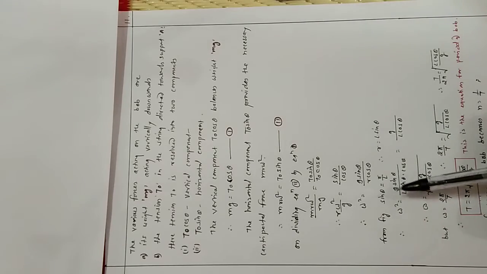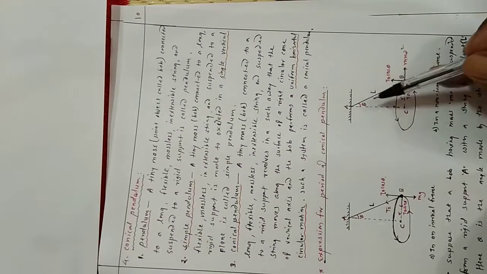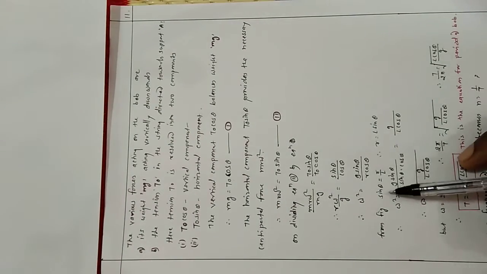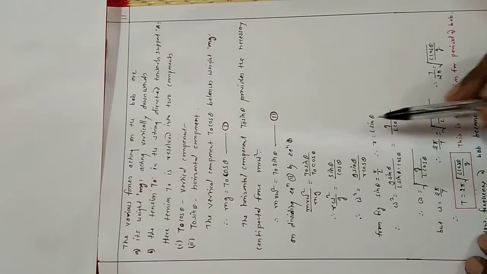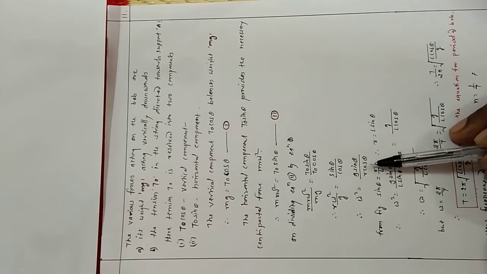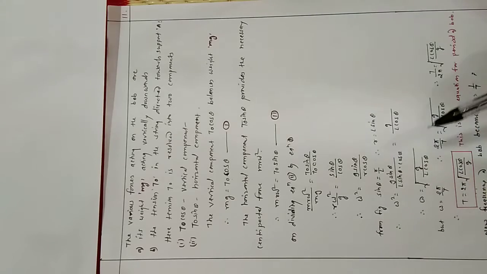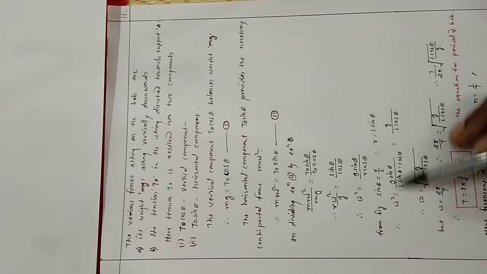Now from the figure, using trigonometry, this is the angle theta, this is the front side, this is the hypotenuse. That is, sin theta becomes front side upon hypotenuse. That is, sin theta is equal to r by L. So from this equation we get r is equal to L sin theta. Now if we put the value of r in the above equation, we get omega square is equal to g sin theta by L sin theta into cos theta. That means sin theta gets cancelled. Therefore the equation becomes omega square is equal to g by L cos theta.